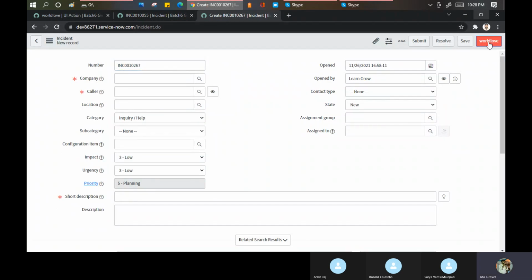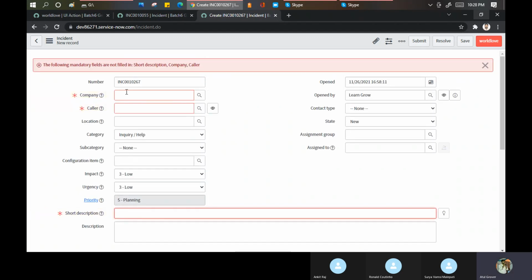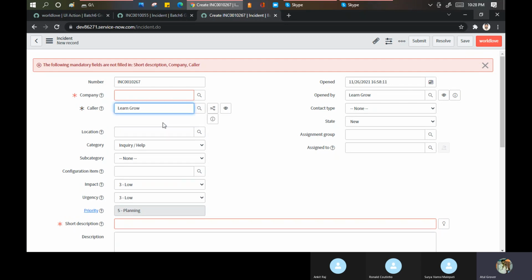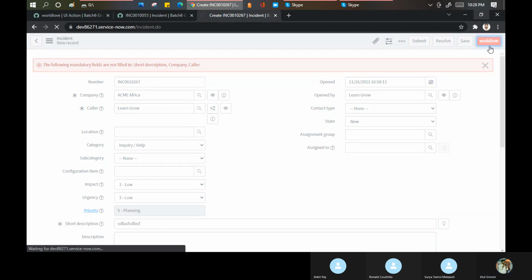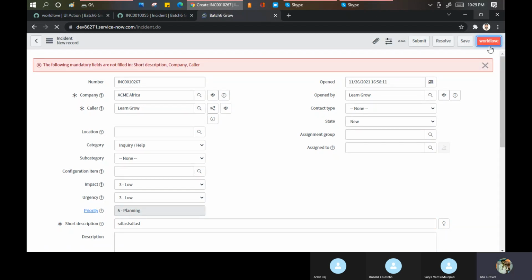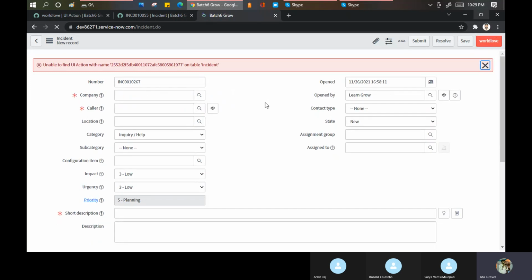If you click on this, nothing will happen. It will show some, I'm not sure from where it's picking up the default value, maybe I can put it here. But nothing much will happen. Somewhere this code has been written that अगर आपके UI action पे कुछ नहीं लिखा, then this action should be done. See, still on the same page, unable to find the UI action in the table incident. कुछ तो फटा इसके पीछे, क्योंकि इसको कोड नहीं है, इसका execution file नहीं लिखा हमने पीछे यहाँ पे.